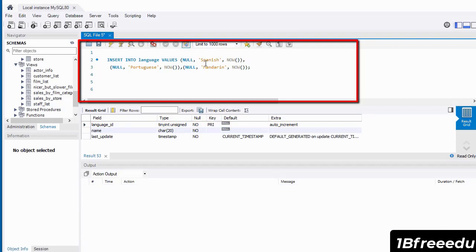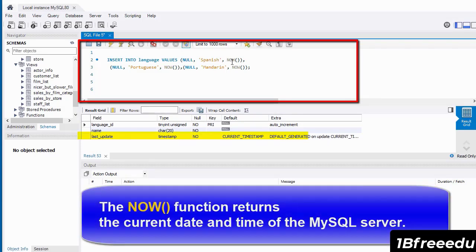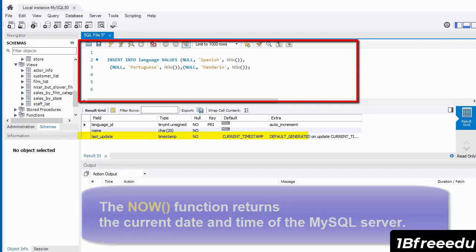And then the second value, which I have supplied Spanish, will go into this name field. And then the third value, which is the last_update field, I've provided a function called now. The now function will return the current date and time of the database server and populate that last_update